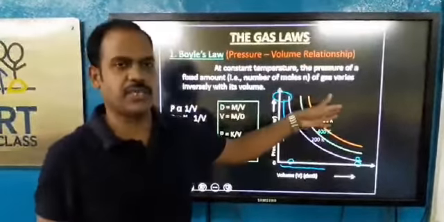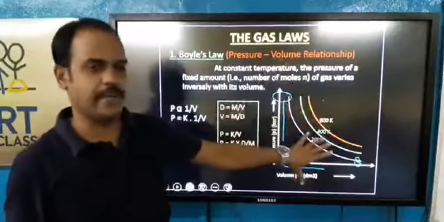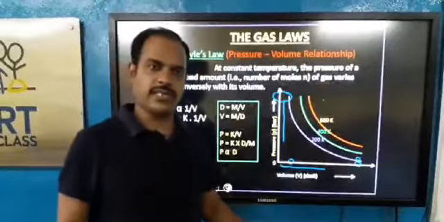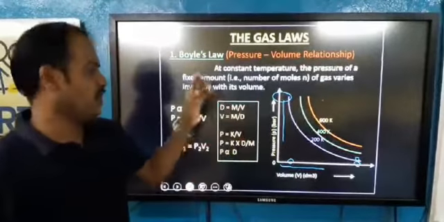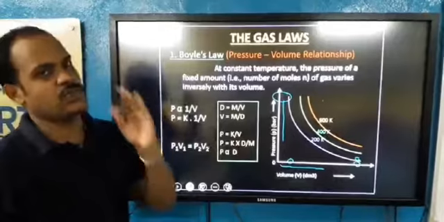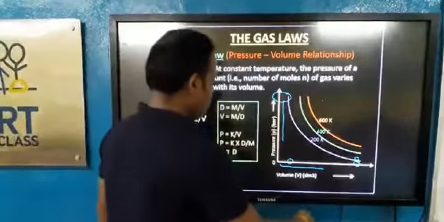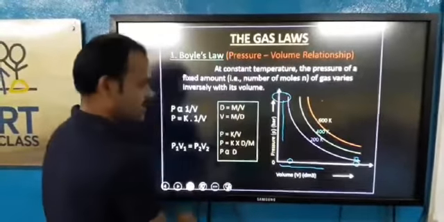These are at different temperatures. So for every temperature, if you keep temperature constant and amount of gas constant, you will find the value of the product of PV is always and always constant. Okay. So from this graph, again it is clear.